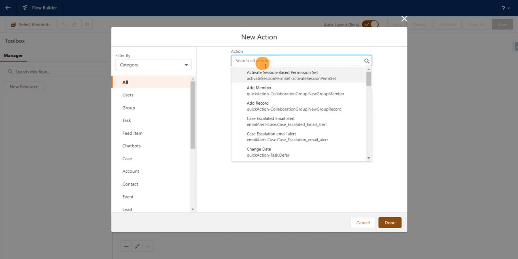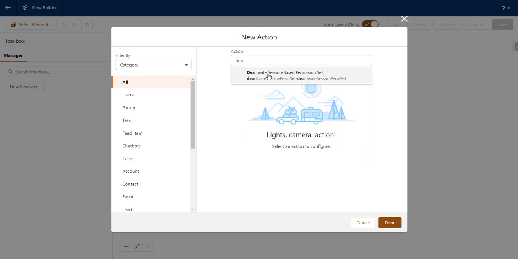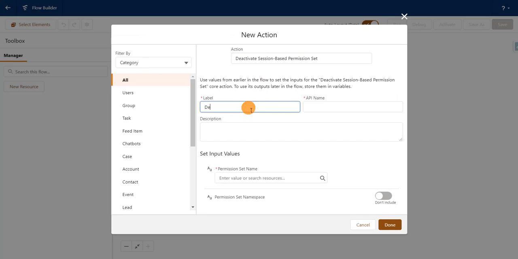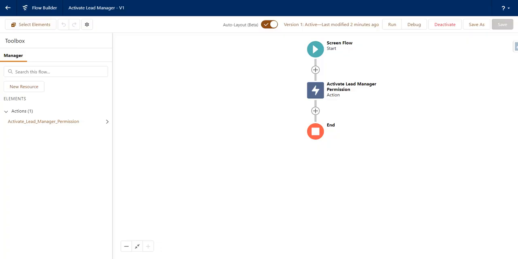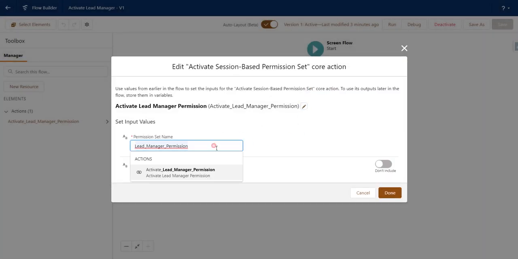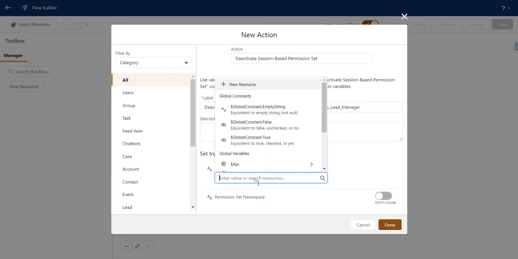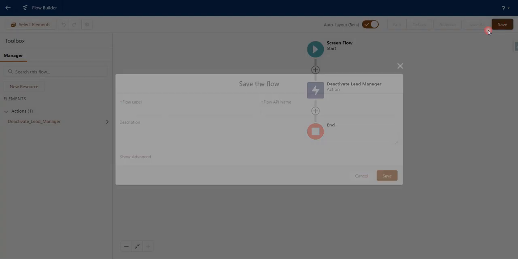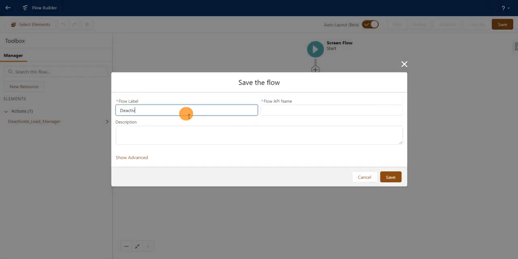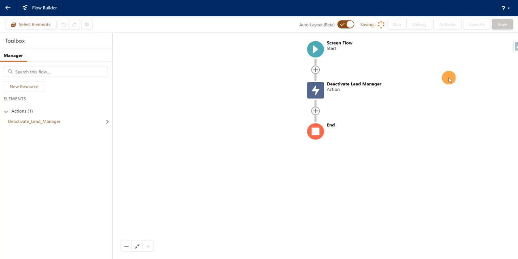and here just select deactivate session based permission set. I'll just name this as deactivate lead manager, and similarly we need to give the API name of the permission set. We can get the API name of the permission set from the flow which we created earlier, and just click on done. Save your flow. I'll just name this as deactivate lead manager. Click on save,